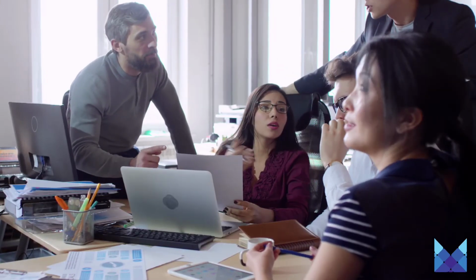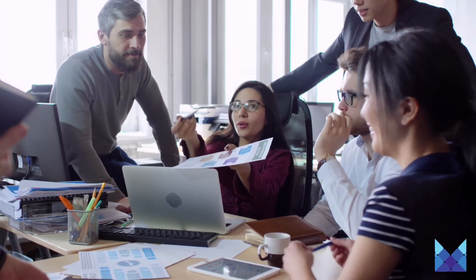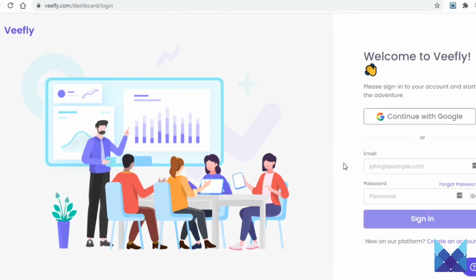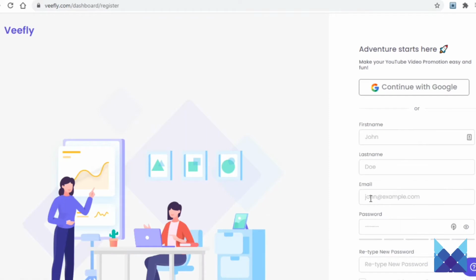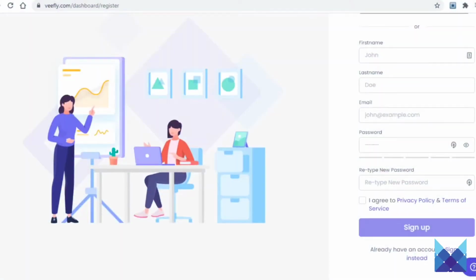Anyhow, once you get on this page and you read more about WeFly's affiliate program and all the features it will give you, you now want to sign up to the affiliate program. To do so, just click on Become an Affiliate here. On the next page they'll ask you to sign in, but as you don't have an account, click on Create an Account down here. From here you will then have the option of signing up with Google, which is much quicker and easier of course, or through your email, in which case you will need to enter in a bunch of your information, your full name in these two boxes, email and password in these two boxes. Again, retype your password in the box below, tick this box and click on Sign Up to finish the process.